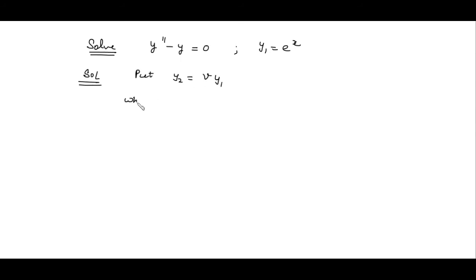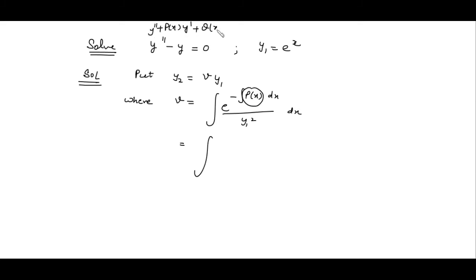Let's suppose we have to solve y double prime minus y is equal to 0 when one solution is e to the power x. So how to do this? We put y2 to be v times y1, where v is integral of e to the power minus integral of px dx divided by y1 square dx. Substitute all the values. What is the value of p? If you compare with the general form,